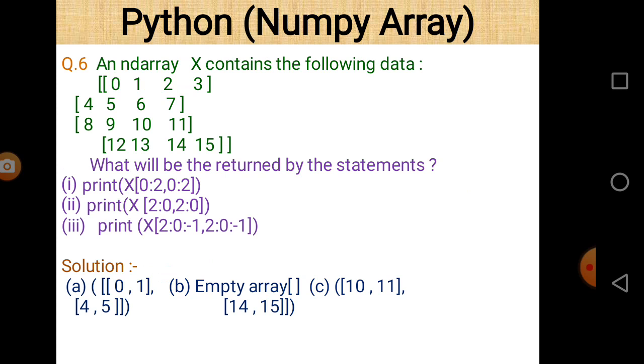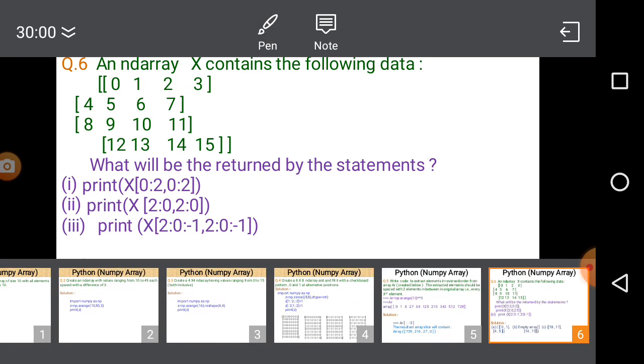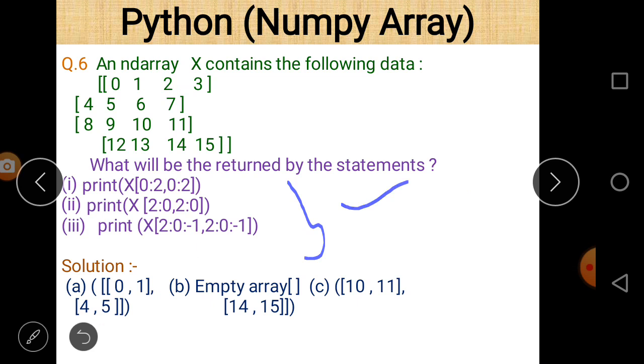Question number 6: an ND array X contains data elements 0 1 2 3 4 5 6 7 8 9 10 11 12 13 14 15. What will be returned by the statement X[0:2, 0:2]? So these questions all belong to array slicing. First one is